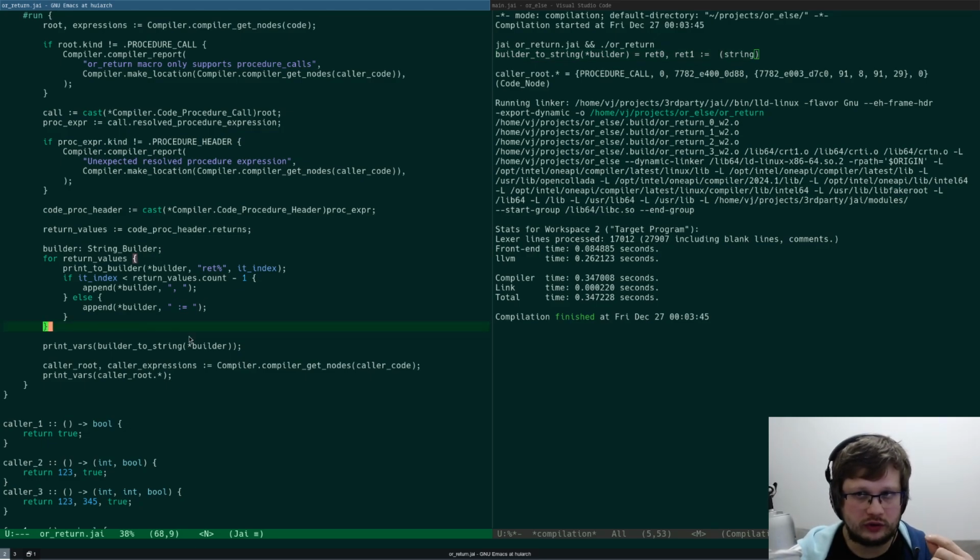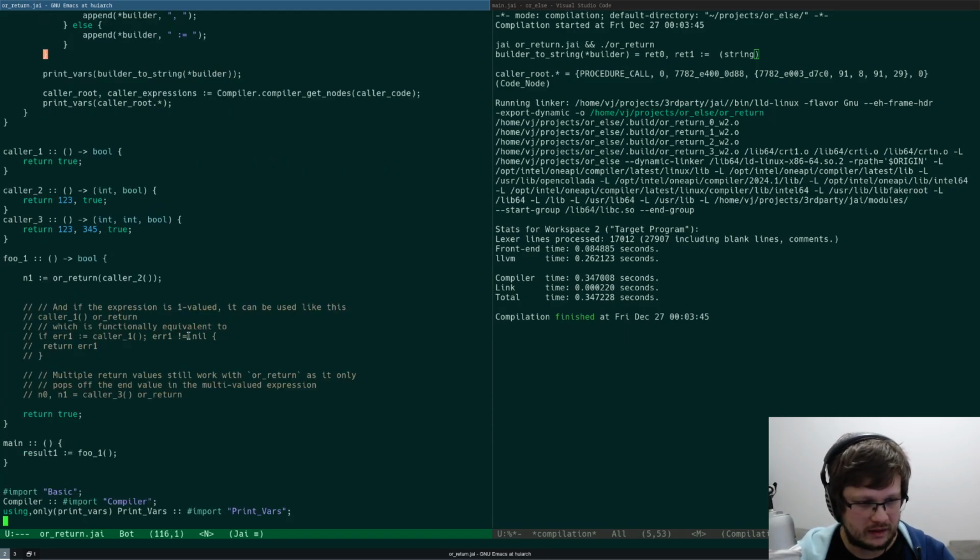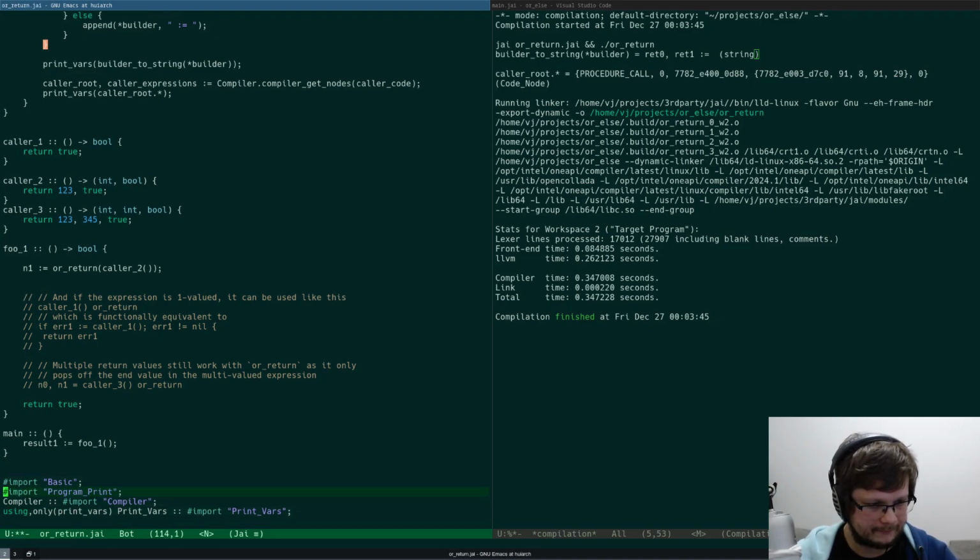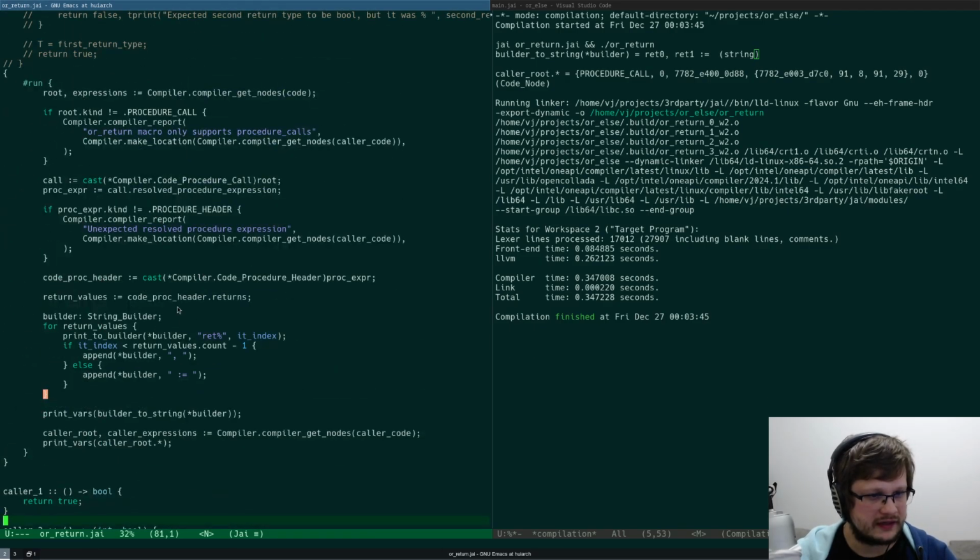After this, we want to insert the actual procedure call. So for that, what we did is, so we cheated a little bit with like program print yesterday.